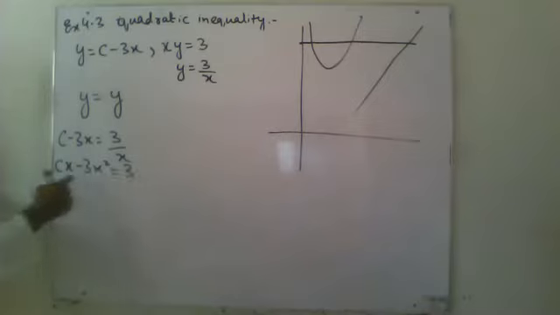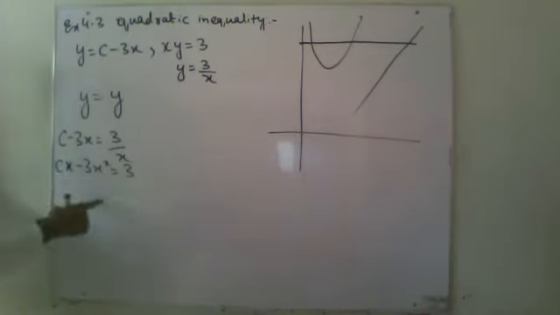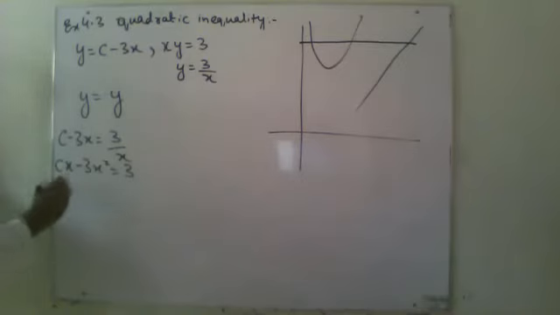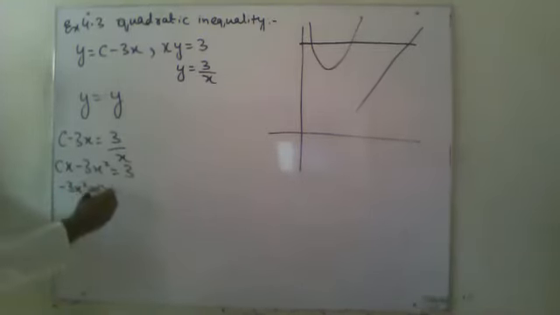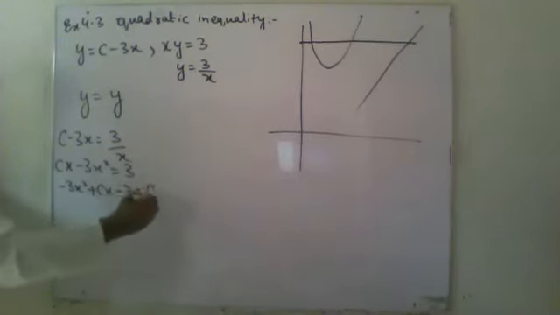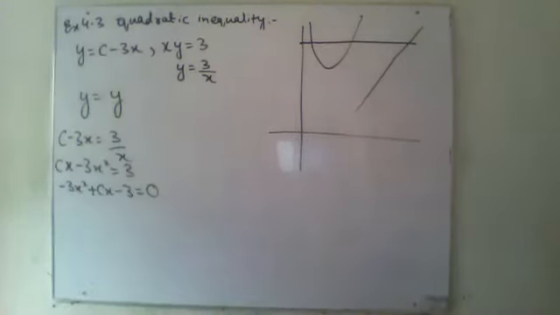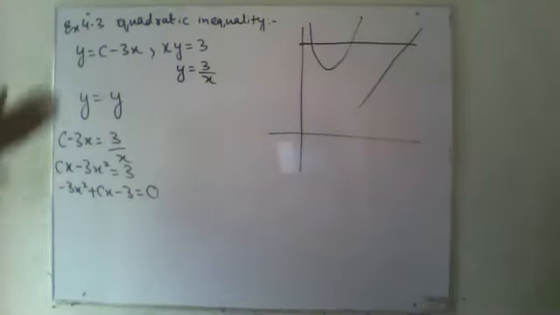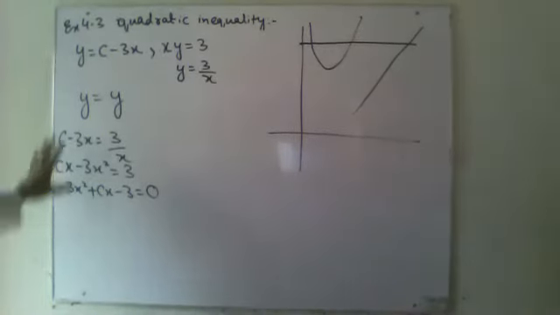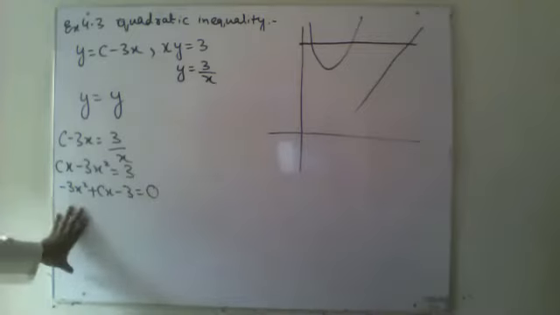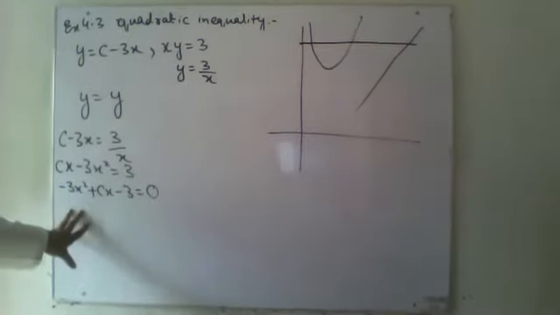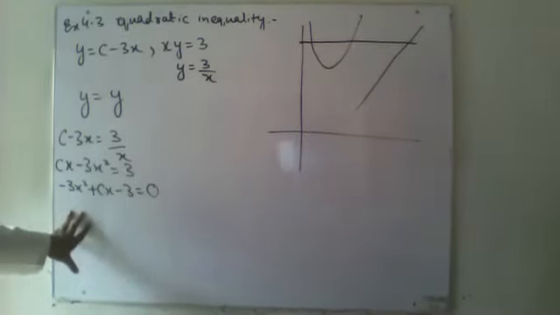Right? Now, shifting this one over here, so my x square will become positive. Okay. So right now I don't need it in positive, so I can keep it in any form. Minus 3x square plus 6 cx minus 3 equals 0. Right now, I haven't applied that thing that they are not intersecting. I've just simplified it to get it in terms of x with one unknown variable.